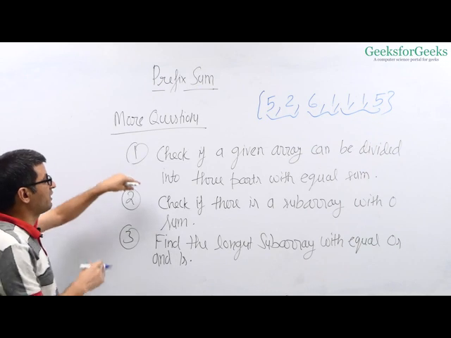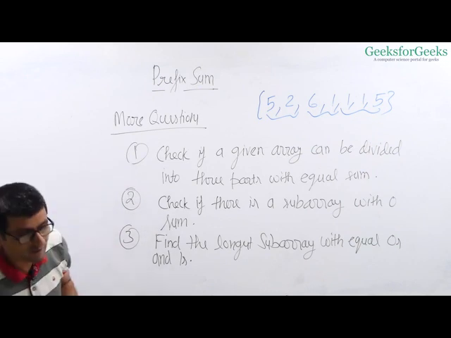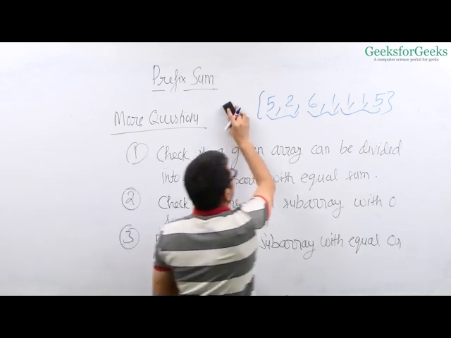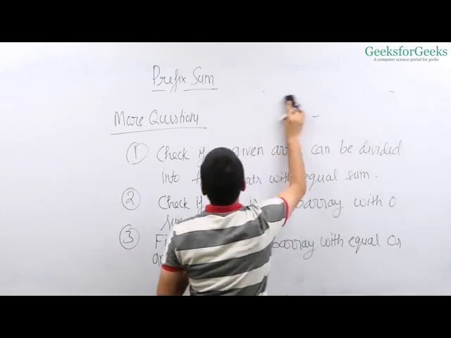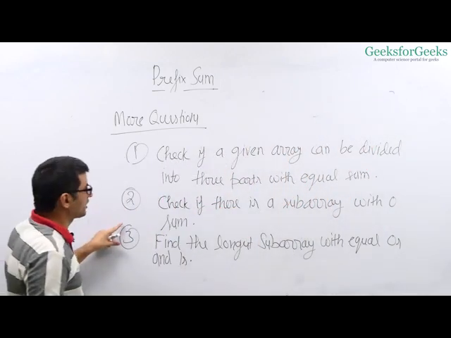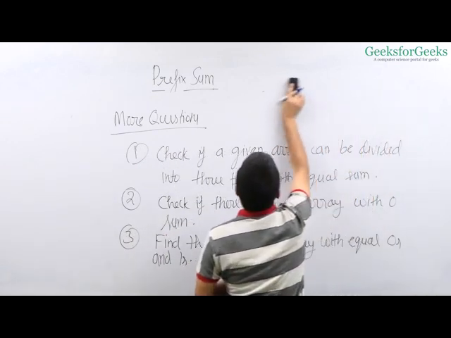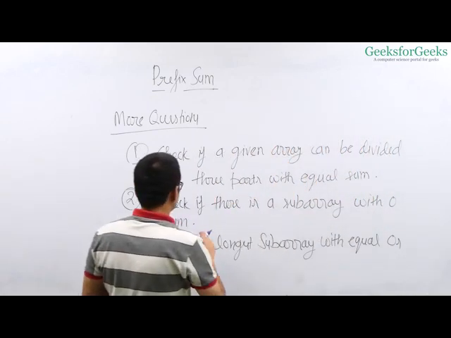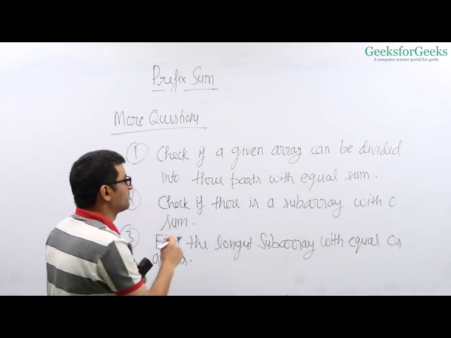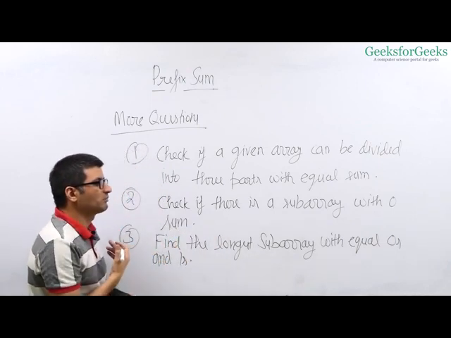Next question is a very, very popular interview question. There are many variations of this question asked in interviews, and these 2 questions, next question and third question, are discussed in the hashing track because they also require hashing together with prefix sum. So this problem has many variations. If I ask you this problem this way, that